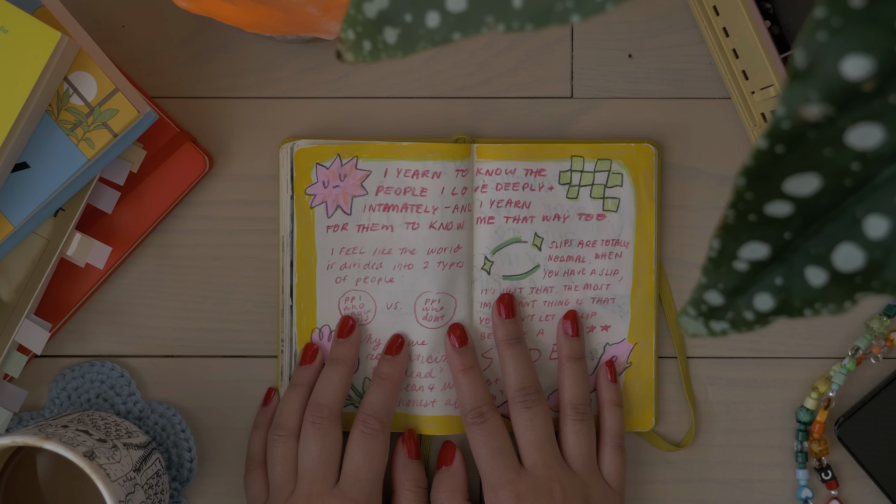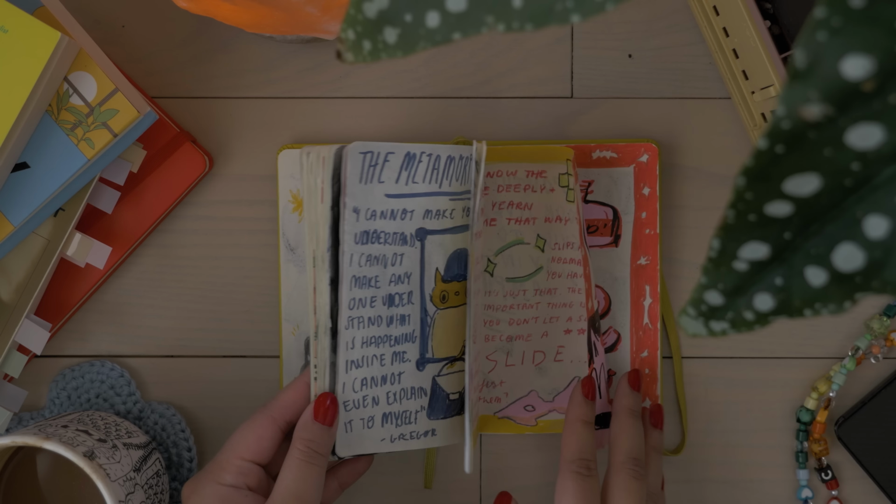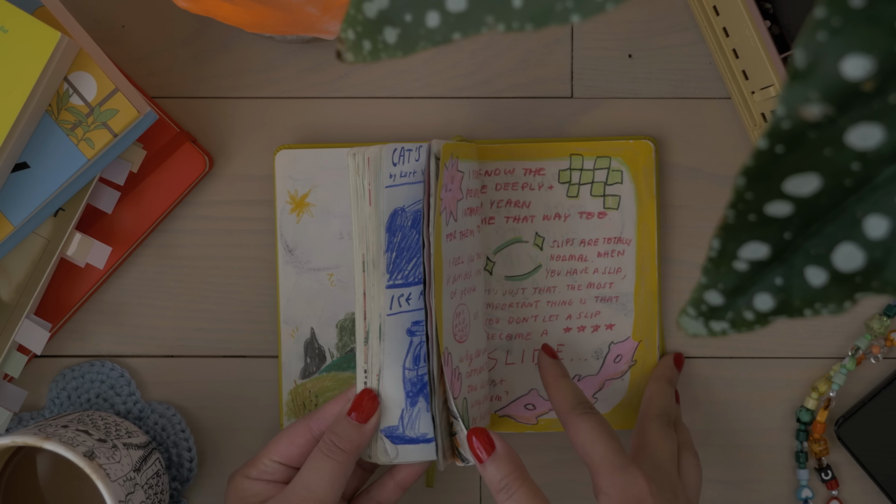Now we're on to my 5-star favorite books of the year. To go in no particular order here. The first one is